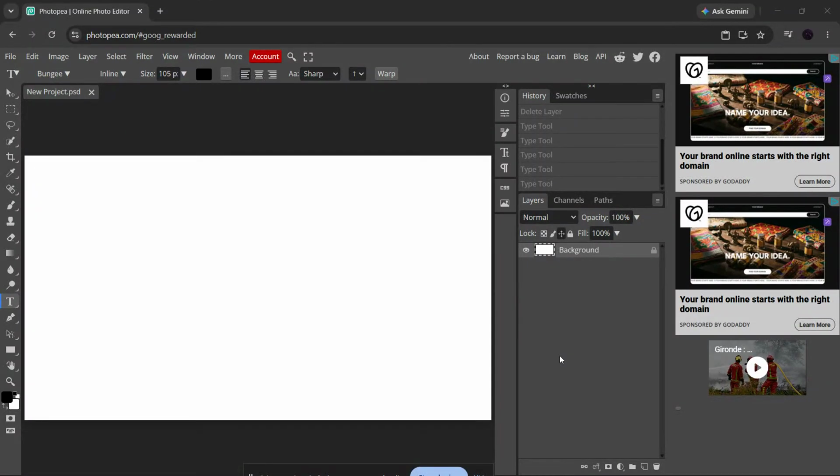Today I'm going to show you how to type vertically in Photopea using the vertical type tool step by step. This is a super useful trick when you want your text to flow downward line by line while keeping each letter right side up. It's great for posters, thumbnails, social media graphics, labels, and any design where normal horizontal text